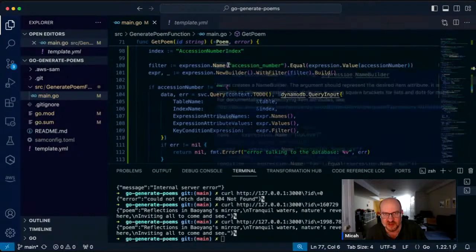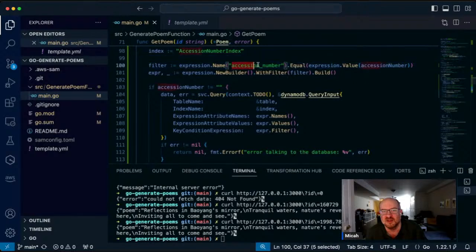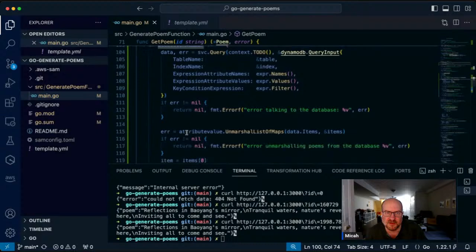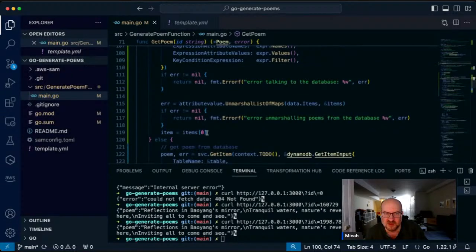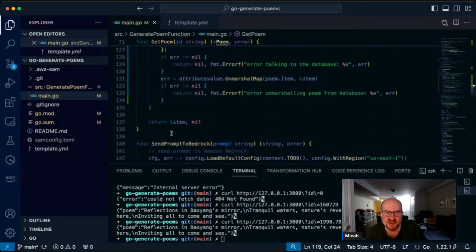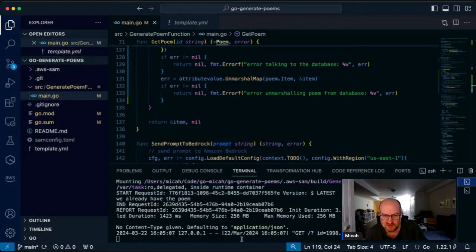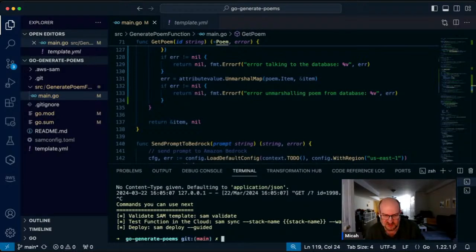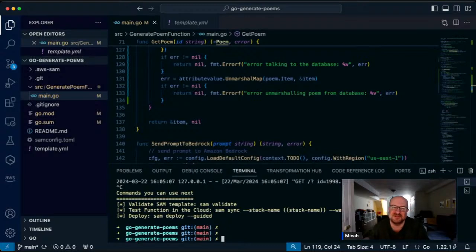But look, it basically looked up in our global secondary index using accession number as the attribute name and the string accession number that we passed it as its value. It ran the query, and we popped off the first item in the array that came back. And that's it. Then we returned that back to the rest of our program, and everything else seemed to work, which is really surprising, in my opinion, because we've been coding for so long without doing any testing, which is not ideal. But yeah, we lucked out.